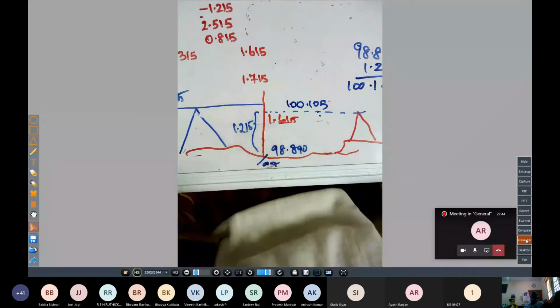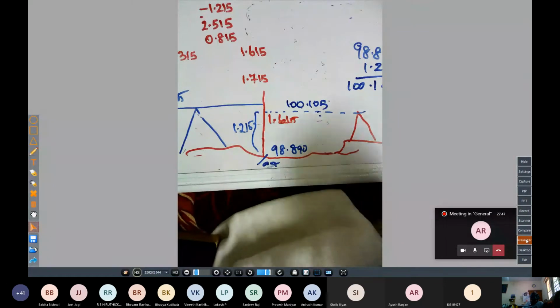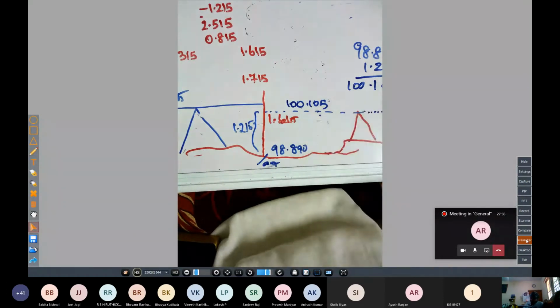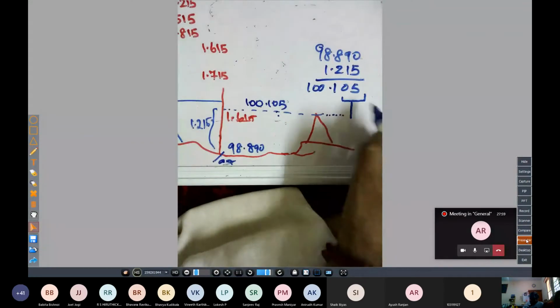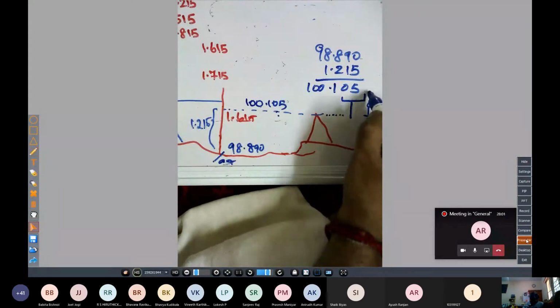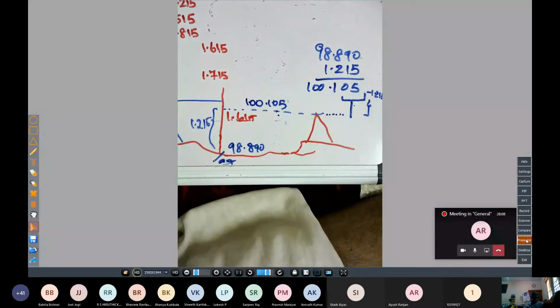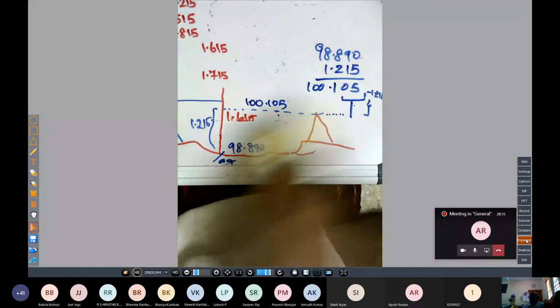What is minus 1.215? Suppose there is a canopy over there. Then I am holding a scale in a reverse fashion. This is minus 1.215. Do you get the point? The reverse, you are turning it upside down and registering it as minus 1.215. So what is that?